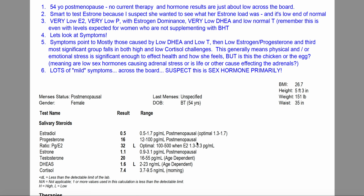And remember, by the time you're postmenopausal, your levels are supposed to be low because that's normal. When we go through menopause, we have just a fraction of the amount of hormones that we had when we were at our most youthful, healthy hormone state. So we've got